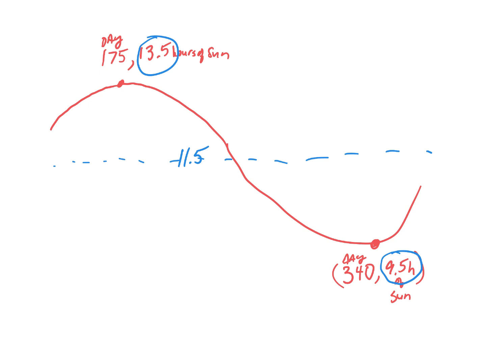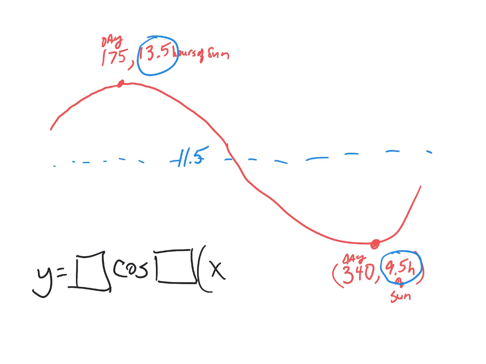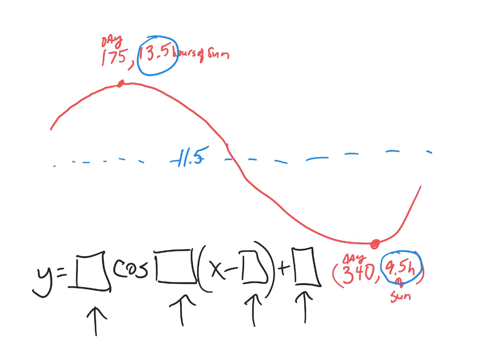Well, so what? How does that affect your sine or cosine graph? We always use cosine, and if you watch the video from yesterday, you'll understand why we always use cosine. So y equals cosine of, and then there's something, and then there's x minus something, and then there's plus something. Those 4 boxes, those are the numbers you got to figure out. Everybody's equation will start with y equals. Everybody's going to use cosine. And then it's just these 4 numbers. And I'll show you how you would figure them out. Not giving you much explanation, of course.